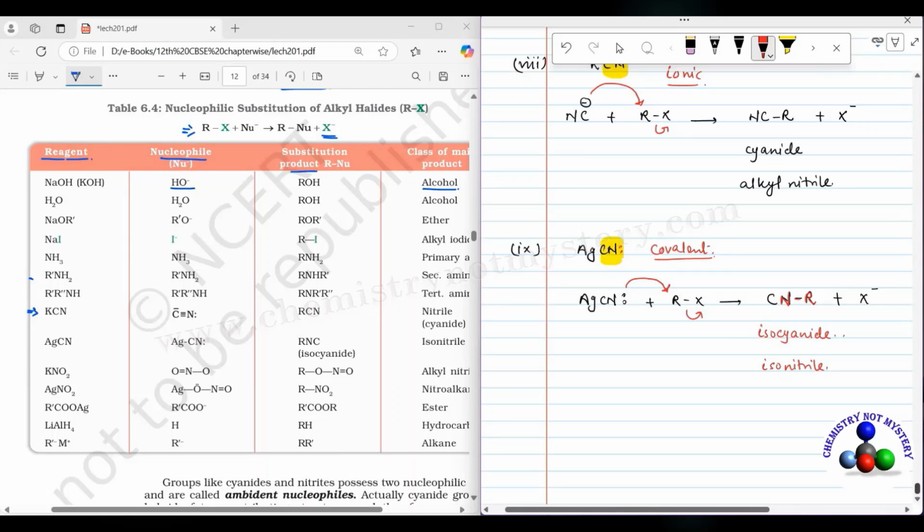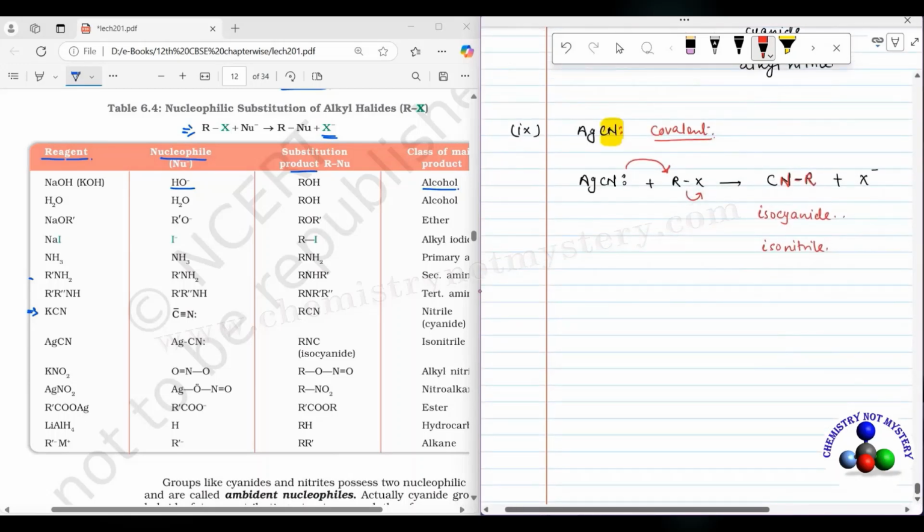Now come to the next reagent. The next reagent is KNO2. So here K is positively charged and it is bonded to NO2. Now let's draw the structure of KNO2. So this is nitrogen. It is bonded to oxygen with a double bond. On the other side, it is bonded to another oxygen with a single bond. As this oxygen made a single bond with nitrogen, it carries a negative charge. To balance this negative charge, K plus is there.